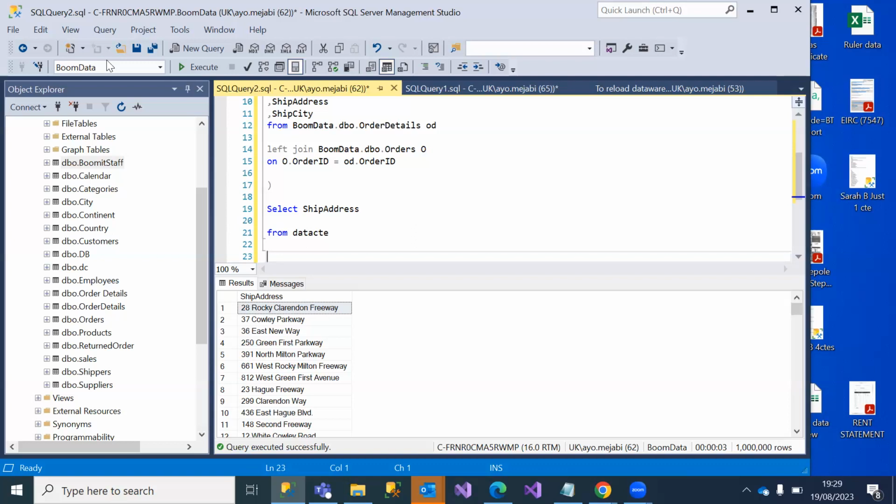So a CTE is just like a storage. You're using it to hold temporary data, and then you use that temporary data for further use in the future. That's instead of calling it from the table every time. So instead of me writing all the code all the time, I've only written it once, and then I can use it. Okay. Do you understand? Yes? Okay. And that's CTE.